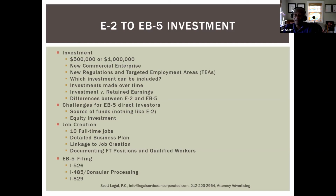towards the EB5 investment. Now, the way the EB5 works is that there's an amount that you have to invest. It's a set amount. With E2, as you know, there's no set amount. It depends on the type of business. But right now, the set amount for EB5, and for the purposes of this discussion, we're going to talk about direct investment. So it means that you're doing EB5 for your own company. It is possible for people to be on an E2 and invest in what's called a regional center as well,